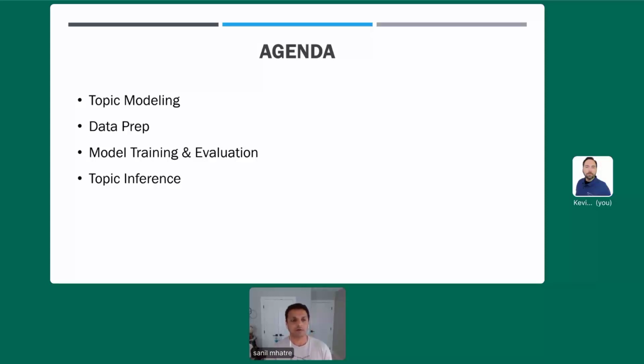Next, we'll deep dive into the data prep needed to perform topic modeling. This is where we'll crack open a demo, a real life use case, and we'll go through the rest of the agenda using this real life demo. We'll look at the exercise of model training and evaluation. And lastly, we'll also look at how do you infer some meaningful insights from the topics that the topic modeling algorithm spits out.